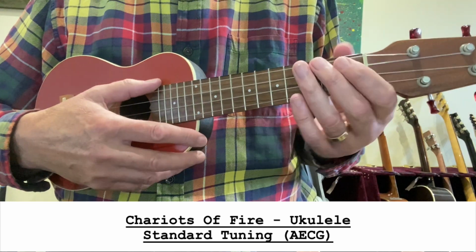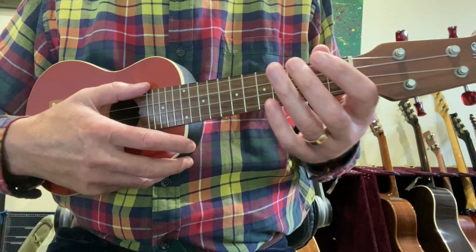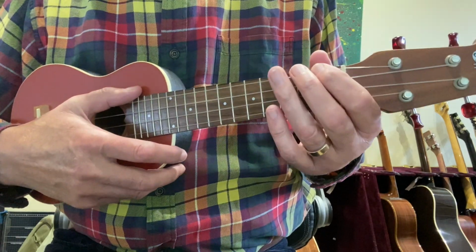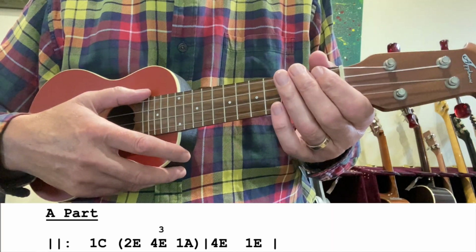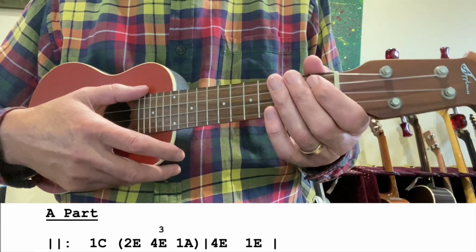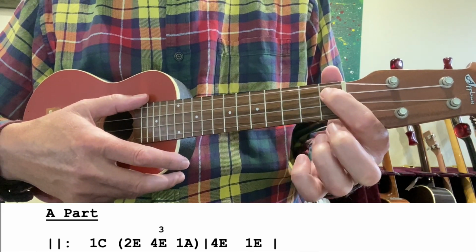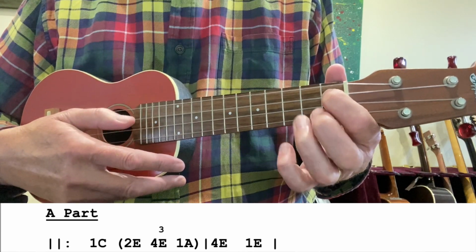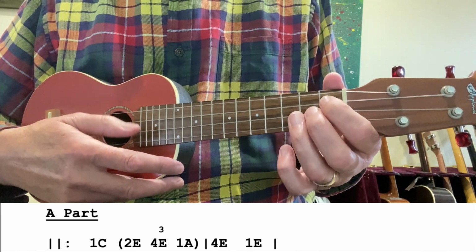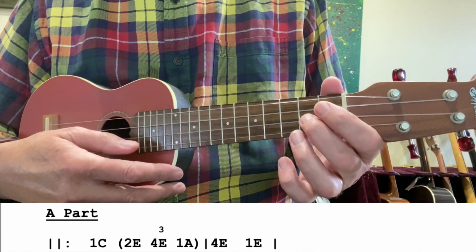So standard tuning is in a pretty scary key, which is D flat, but don't let that worry you because I'm not going to show you in musical notation. I'm going to use a very simple code. If I want you to play the first fret of the C string, I put 1 C on the music. So that's that note there, first fret, just behind the first fret of the C string, play the C string. If I want you to play the second fret of the E string, I put 2 E, which is there,